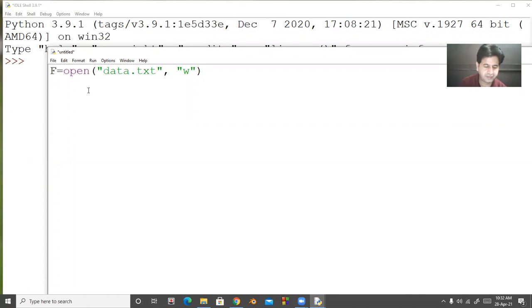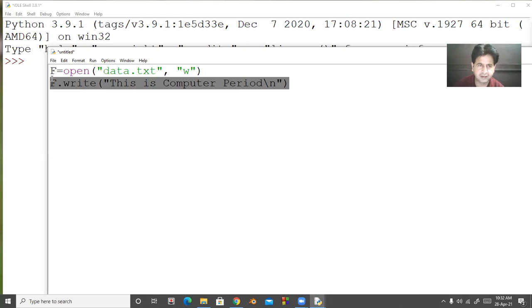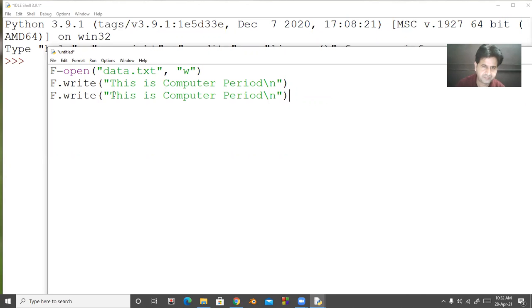Then I use f.write("This is computer.\n") for line change, and then the second line, "we are doing Python."